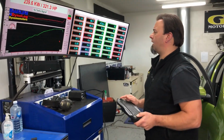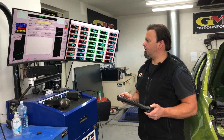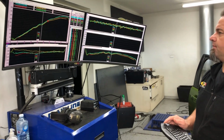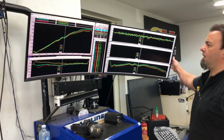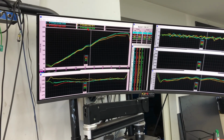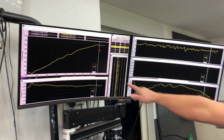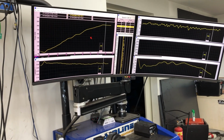Okay, what you see is a very healthy car with the mods that we've done. I'll show you some overlays. Basically, a standard one of these on 98 fuel might make about 180-ish kilowatts. Our previous tunes, yellow, so if you had a manual you'd probably come around here with 225 real kilowatts, so follow the red cursor. With our updated tunes,